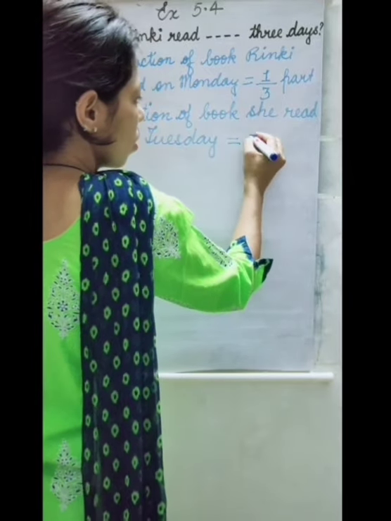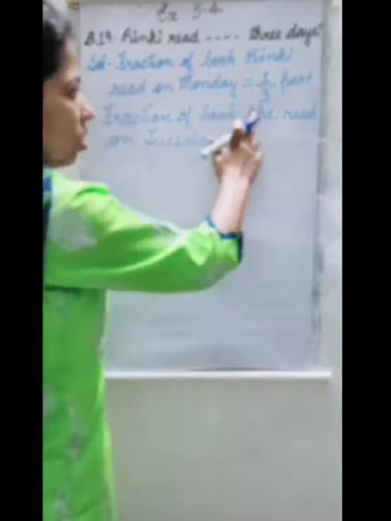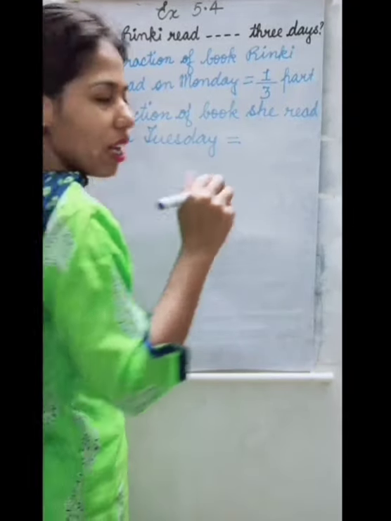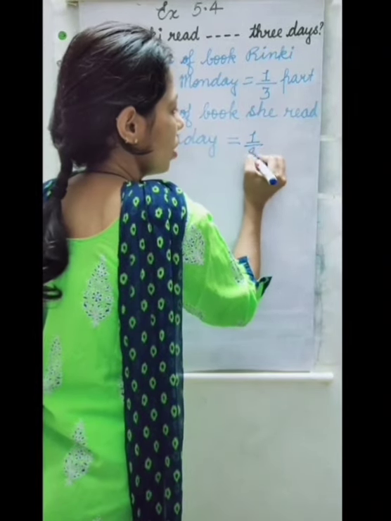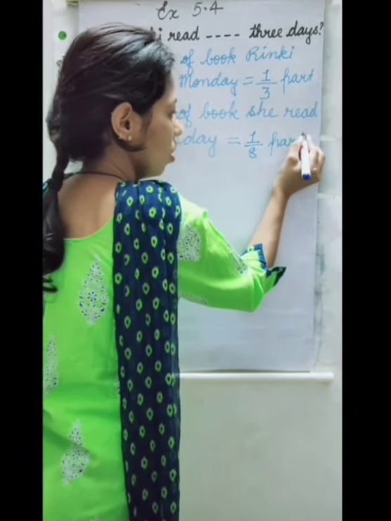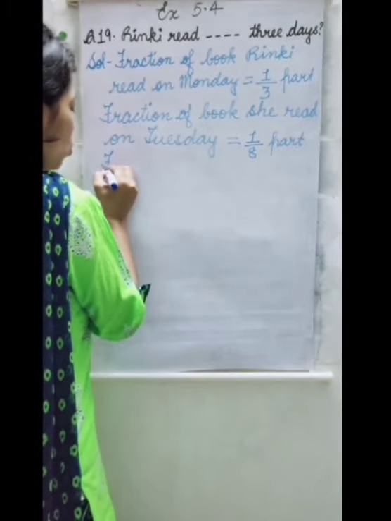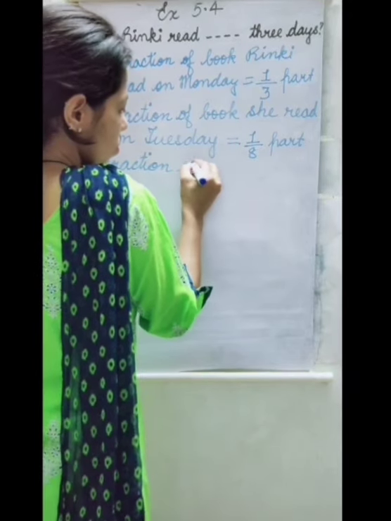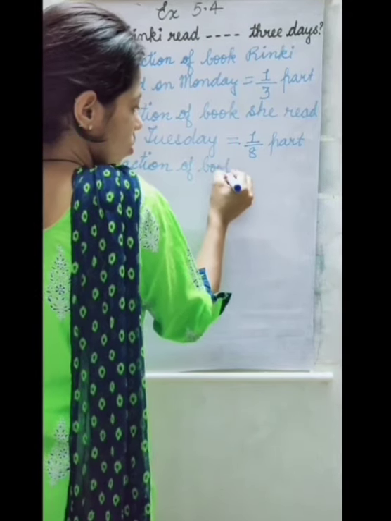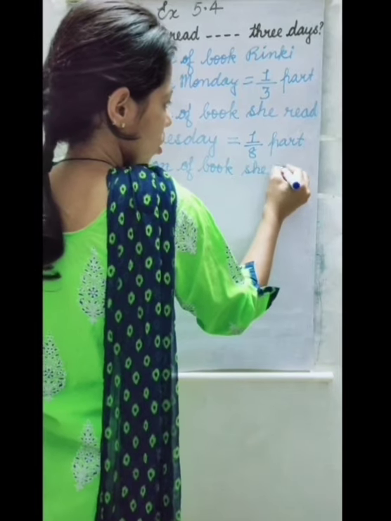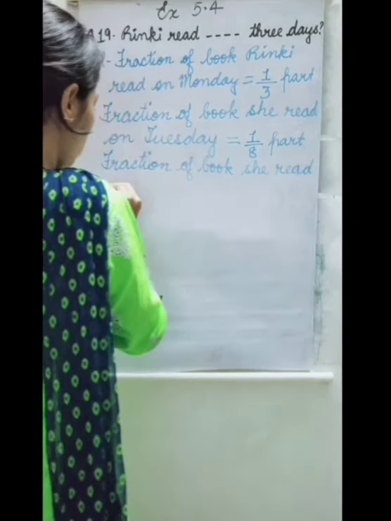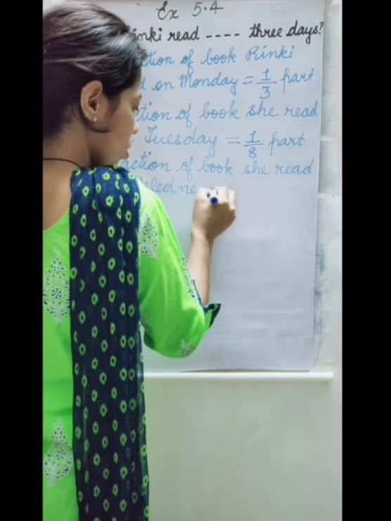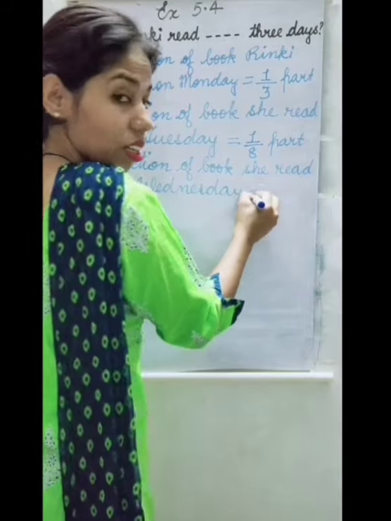Rinki is a proper noun and she is a common noun, so in place of Rinki we can write she. 1/8 part. Then fraction of book she read on Wednesday is equal to